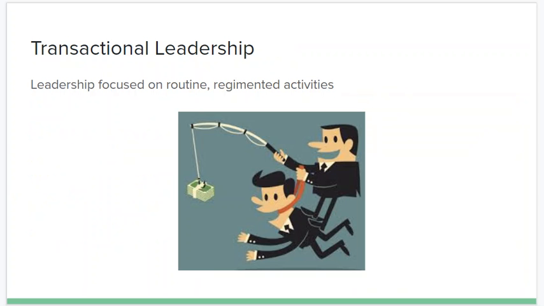So there's a couple leadership styles. Again, like I said, this helps you with your discussion. There's transactional leadership, which focuses on routine, regimen, and activities. If you do this for me, I'll give you this, quid pro quo. Don't mistake this for the unhealthy version of this type of relationship, which is the Me Too and all those types of things. That is a very unhealthy quid pro quo type of scenario.